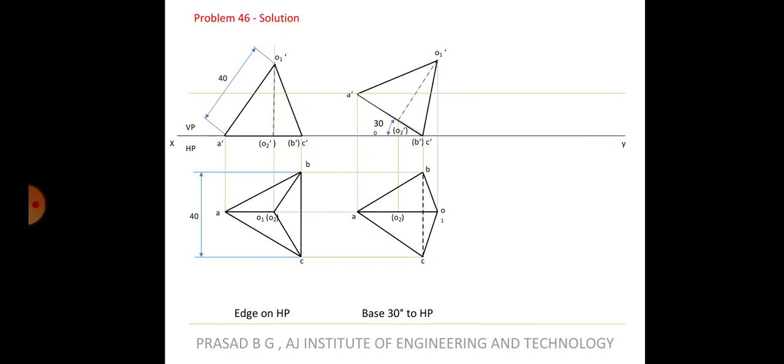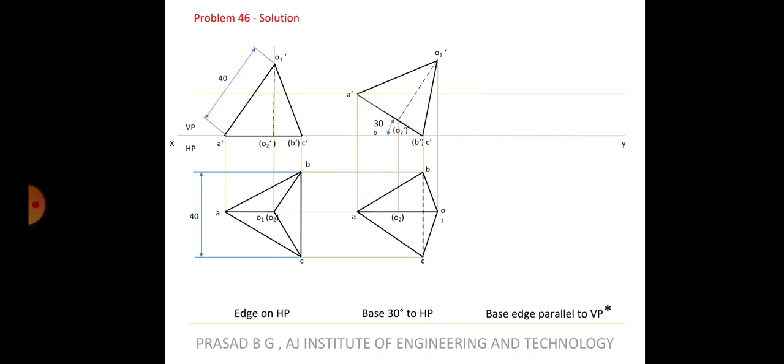But in this particular question, they have specifically said that the base edge, that is B dash C dash or BC, that edge on which it is resting is 40 mm away from it. So what has to be done? You have to draw the sketch in such a way that the line BC should be kept at a distance of 40 mm from the XY line. So you have to measure the distance. And they have also said that the base edge is parallel to VP. So base edge is B dash C dash.